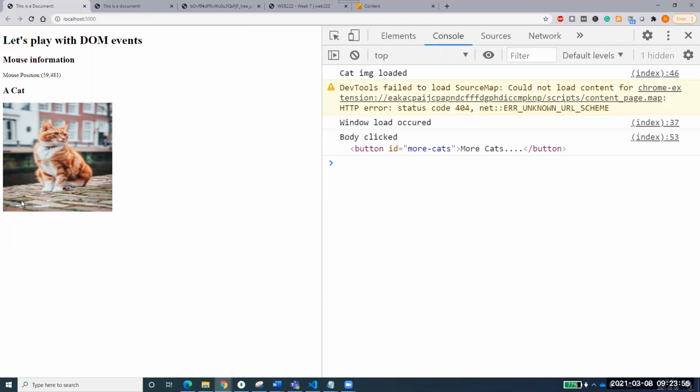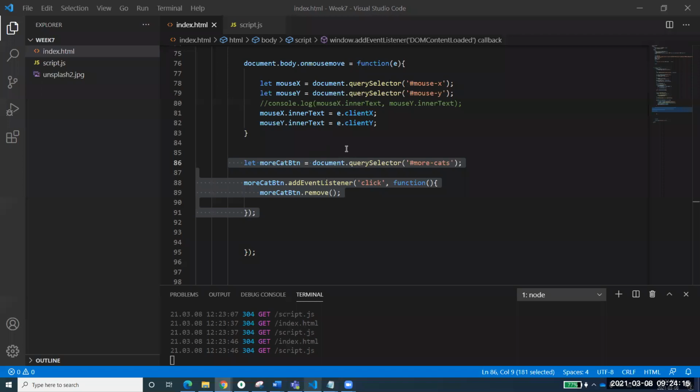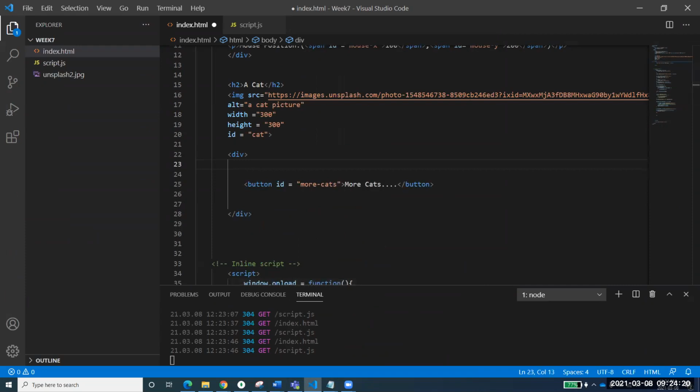Are you getting that? So what else do I want from this button? Whenever someone clicks on this button, not only should this button be removed. First part is done. The second part is I want to add an ordered list over here. I want to add an ordered list over here. And what ordered list? I want to have, for example, an ordered list over here. Now see here. So I want to add this ordered list over here.